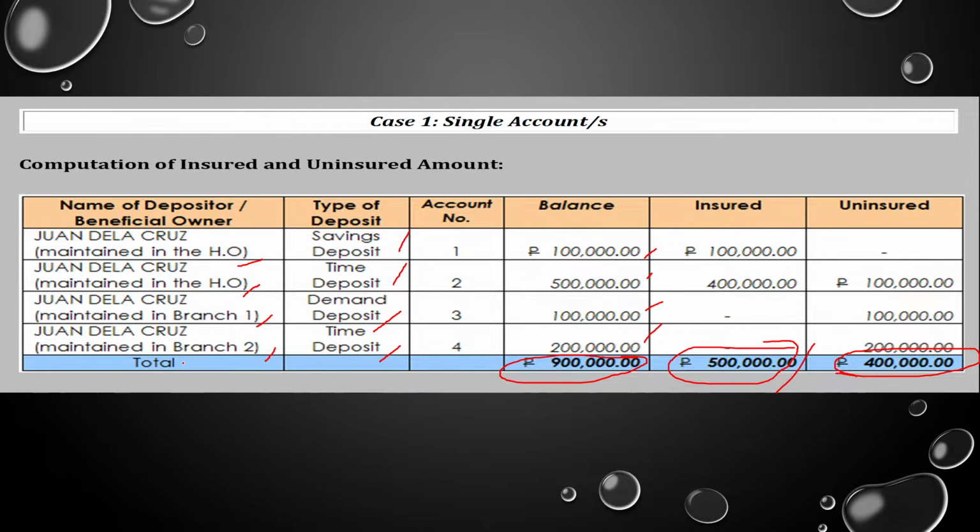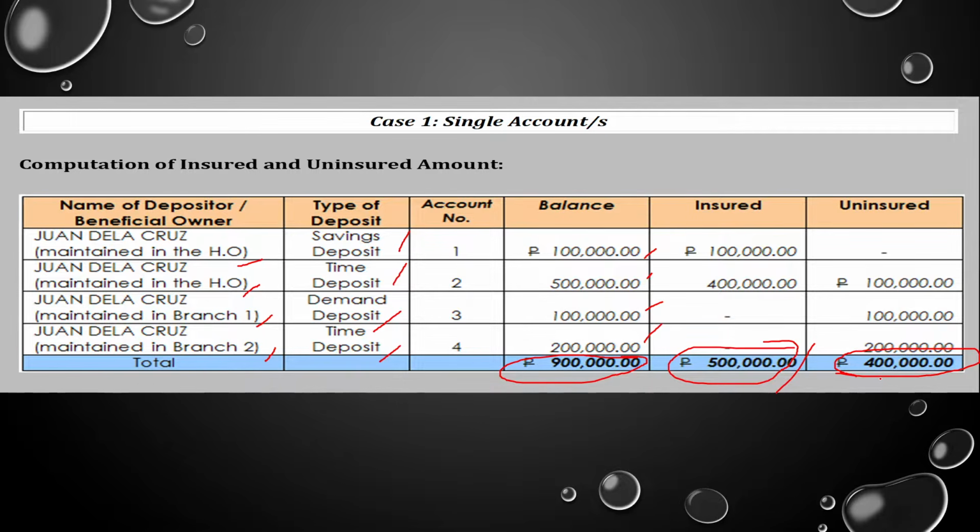Okay? So the answer is false. While Juan de la Cruz will receive 500,000 pesos from PDIC, it does not enjoin him to receive part of the uninsured amount. Okay? So meron pa siyang claim against dun sa assets ng bank na 400,000 pesos. So Juan de la Cruz may not be able to recover the entire 400,000 pesos, but he can